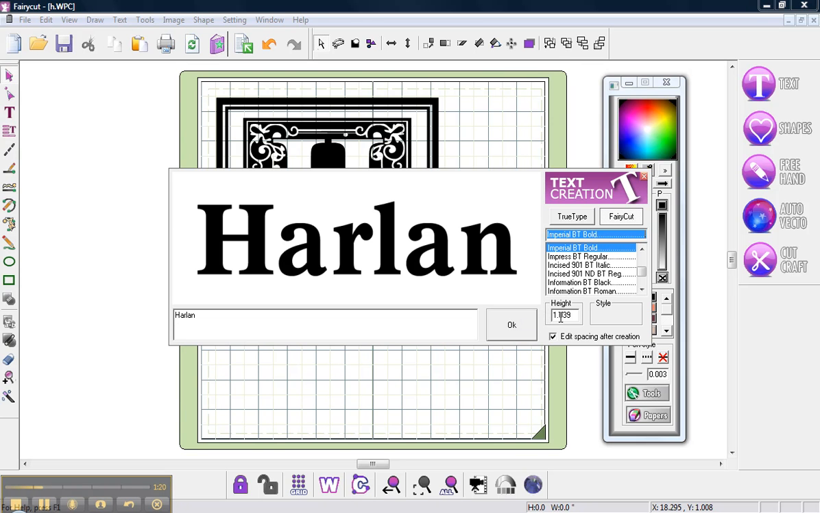Much quicker and easier. In the height window, you can type in the height of your text as it will first appear within your project. You can adjust this later. 1.0 would be 1 inch tall based on the capital letter N. This check mark, if it is here,